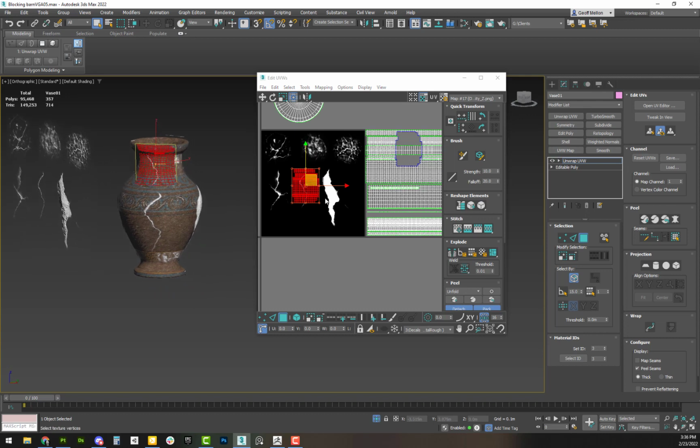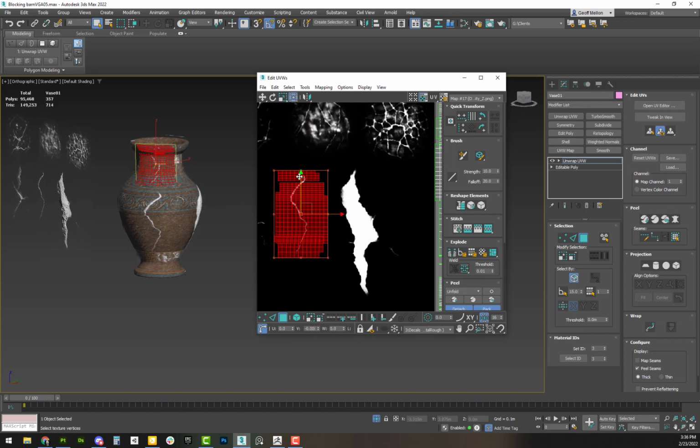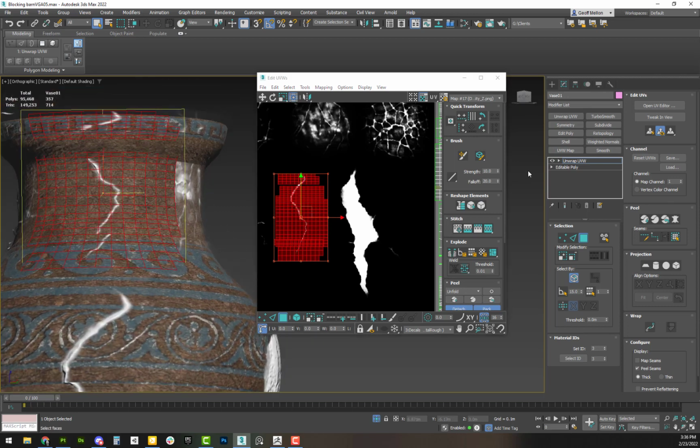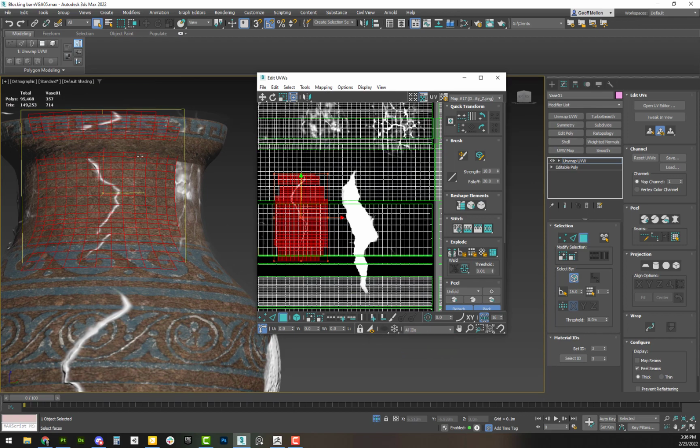F2, and then we can stretch it out if we really want to. We can probably drag it down so it goes over the lip, though I think I missed some in here, so I need to go back to all IDs and grab